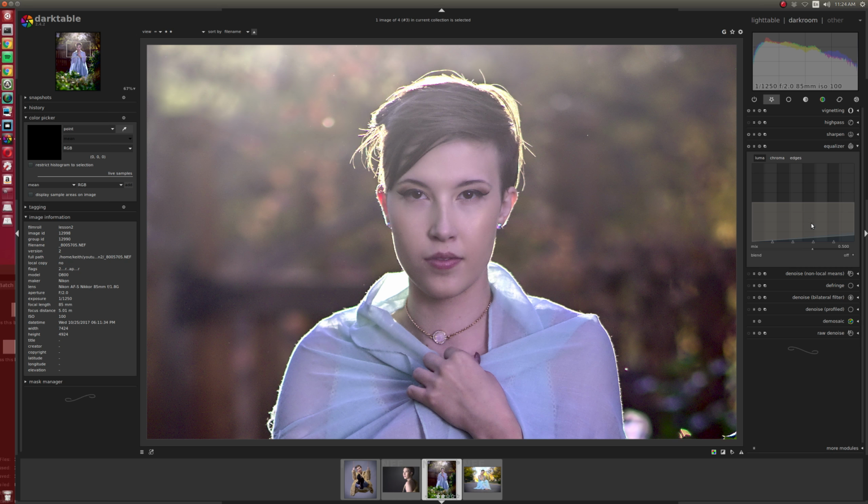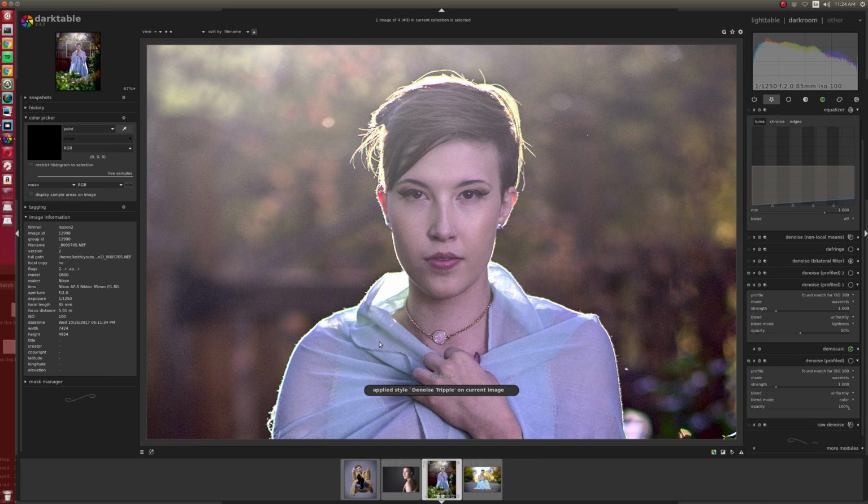Just for fun, there's a guy, sorry, man, I don't remember your name, but somebody posted the denoise triple on the Facebook Darktable unofficial the other day, and what he's doing is he suggested taking 3 different instances of the profile denoise with different settings in terms of the blend mode,